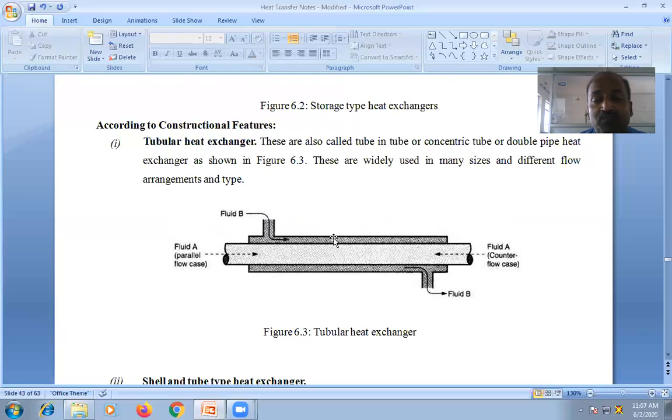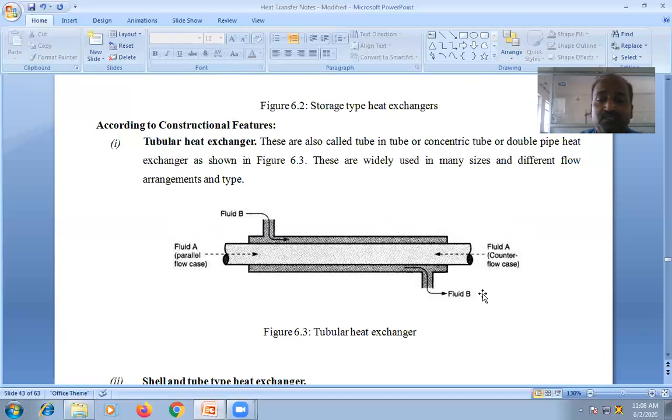Because of either parallel flow or counter flow, the hot fluid will lose heat and the cold fluid will gain heat. This is a simple design. Usually we do not have that much space in various equipment, industries or vehicles. In laboratory scale or industry scale, space is limited, and we have to confine or shorten the size of the heat exchanger.